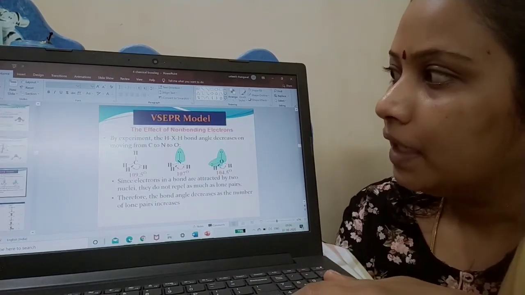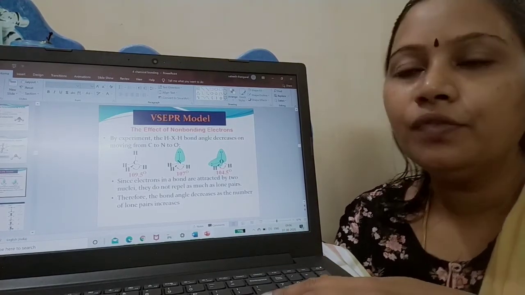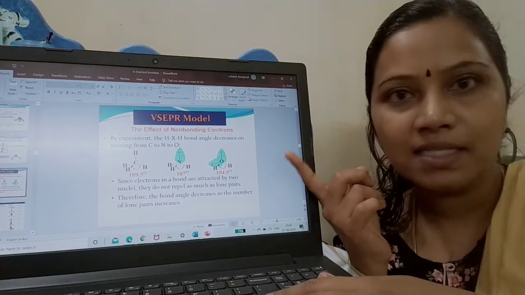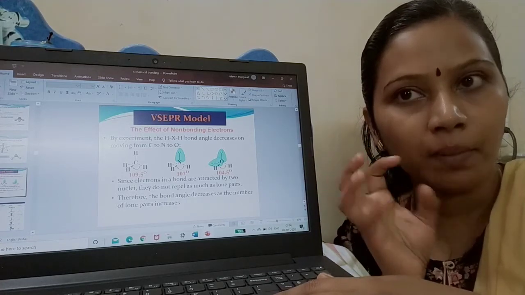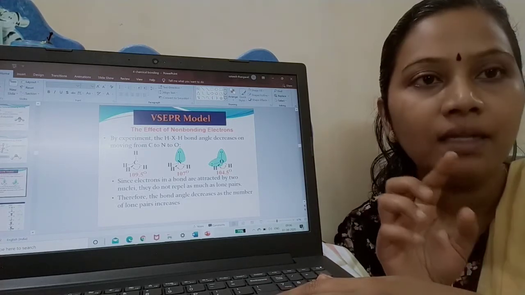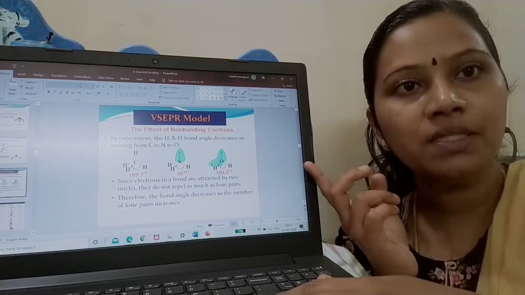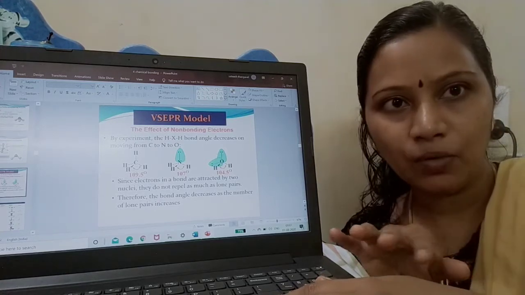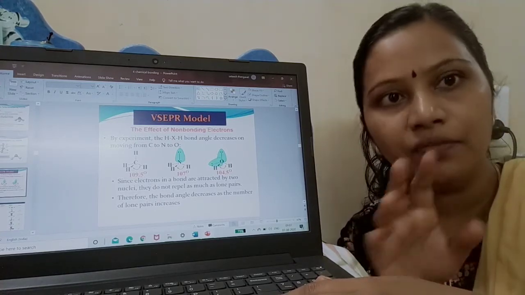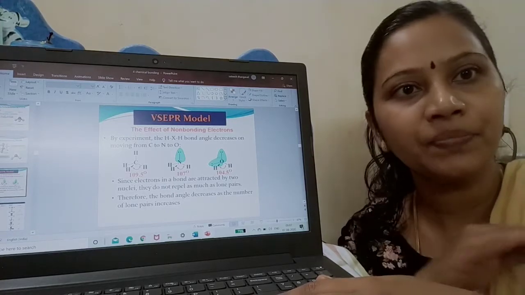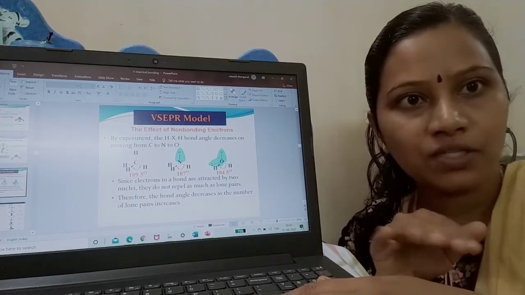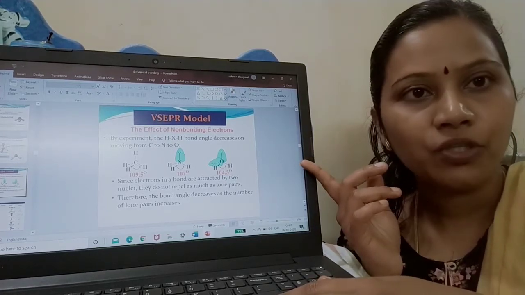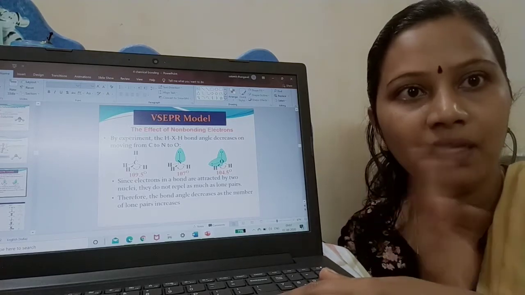Now, what is the effect of non-bonding electrons present? See children, the previous slide, where I predicted the geometry as per the electron domain, was quite different from the actual structure determination by VSEPR theory. Why is it different? There it was exactly coinciding. If it is 3, it is trigonal; if 4, tetrahedral; if 2, linear; if 6, octahedral. It was exactly tallying. But when I applied VSEPR theory, it was not exactly correlating with the atoms.